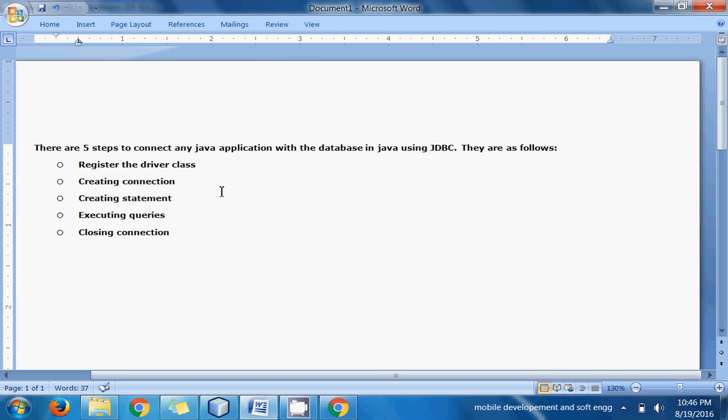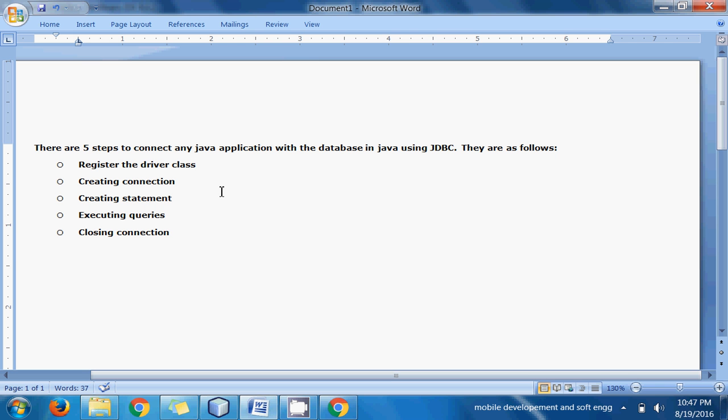What does it mean? The drivers that will be connecting our Java application with Oracle are required to be in our application. They are required to be fetched into our application. We will get some class file into our